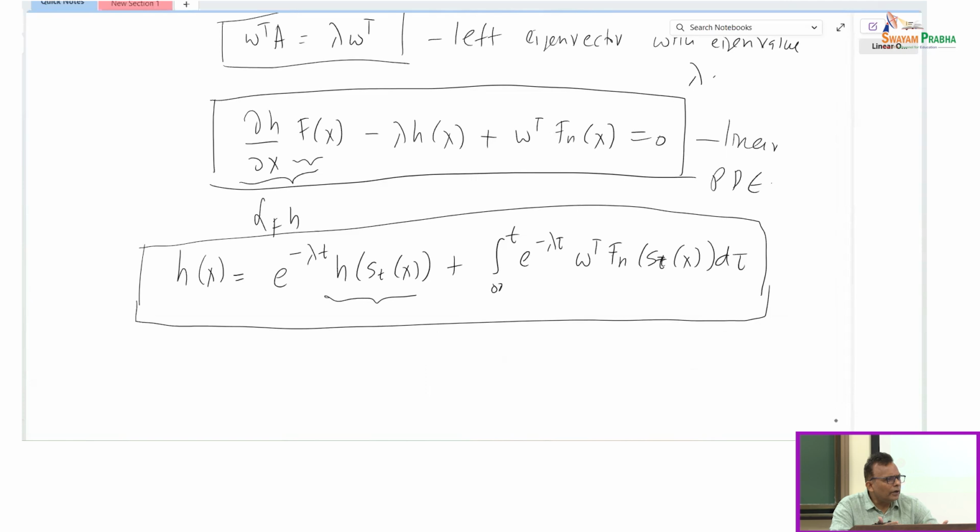And unless you know the boundary condition, this is not explicit. But under some assumptions, what you can say is that if you assume that the system is stable, then you can actually get around this and you can write down an explicit form of this. So assuming that as t goes to infinity, if this quantity goes to 0, and that will happen under some assumptions which can be precisely characterized, and those are there in my paper,